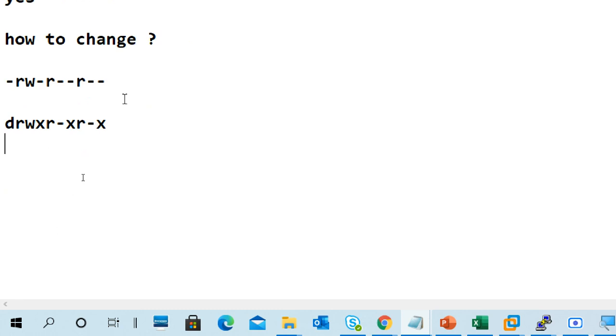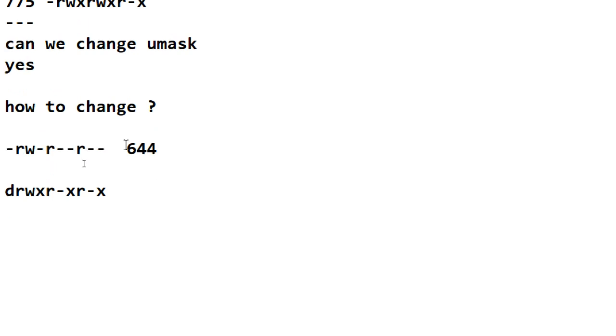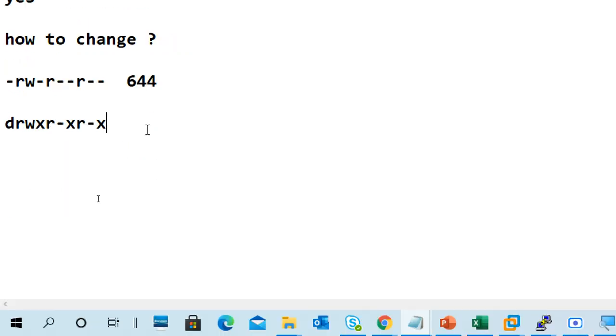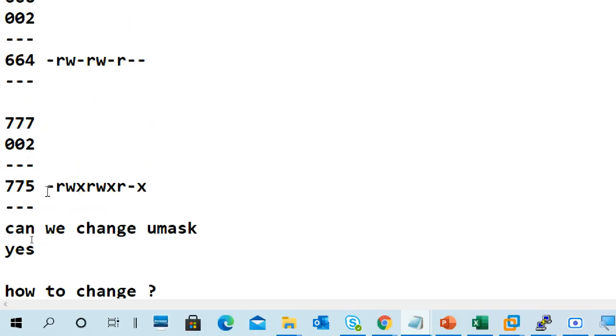Okay, now tell me, in a numbering system, 644, right? This is what I desired; I want this kind of permission. From next time onwards, when I create a file or a directory, those will get this kind of permission, not the above permissions.